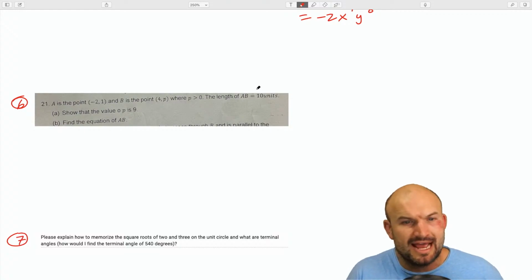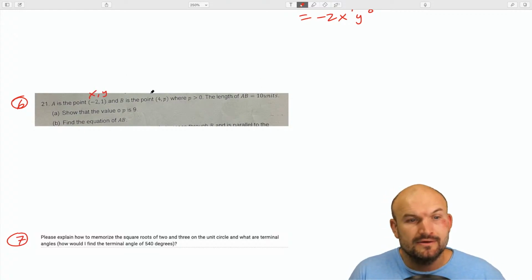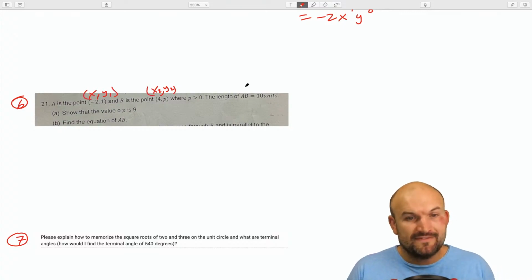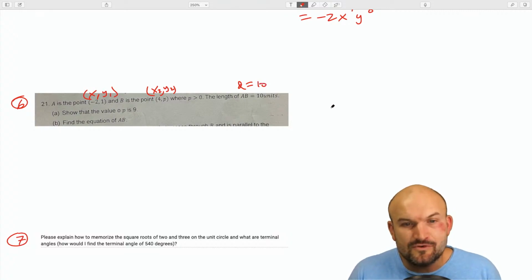2 points, right, and I have the length, I could use the distance formula, right? If I have X and Y, okay, and then I have another point, so we could call this like X1 and Y1. Then I could call this X2 and Y2, right? And then if I had the distance or the length would be 10 units, well, I was like, I can use the distance formula, right? I can say,